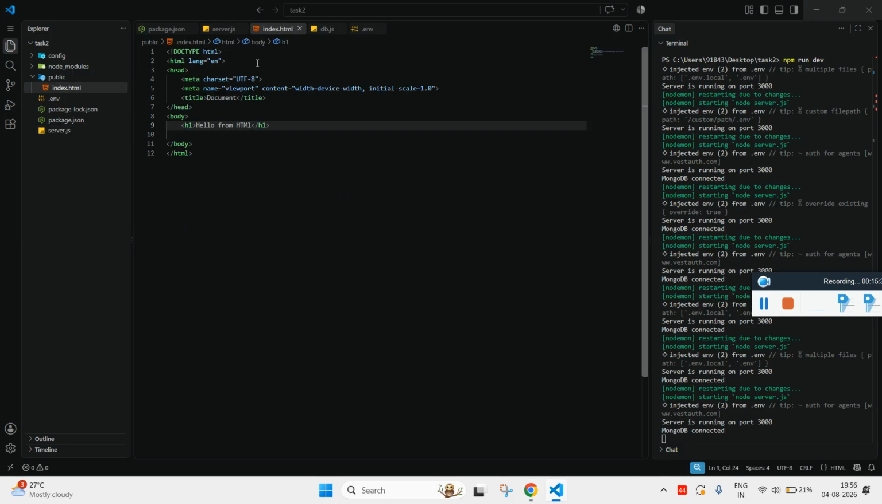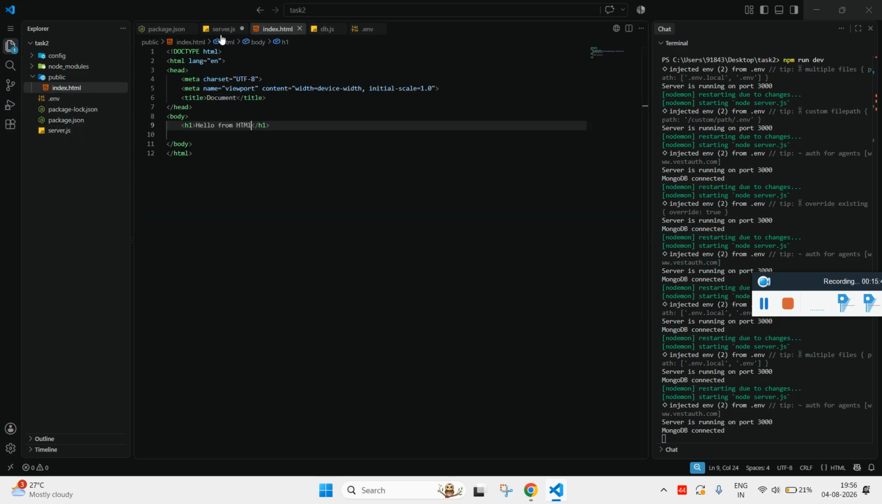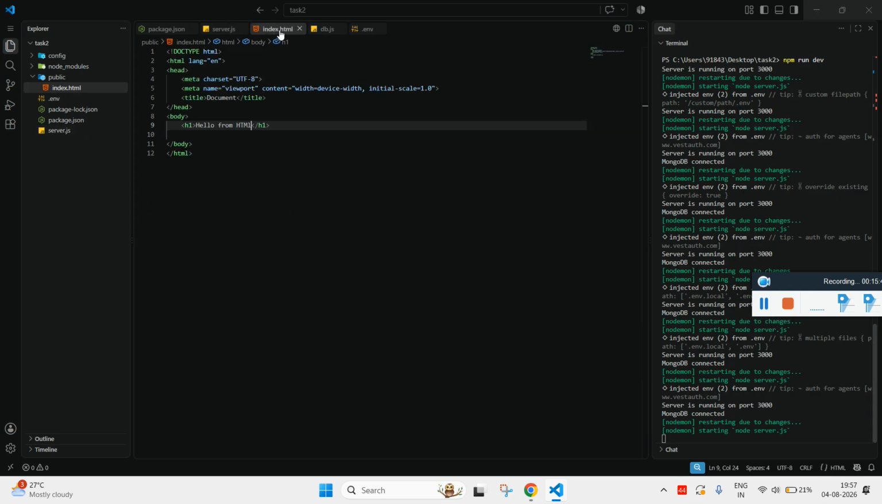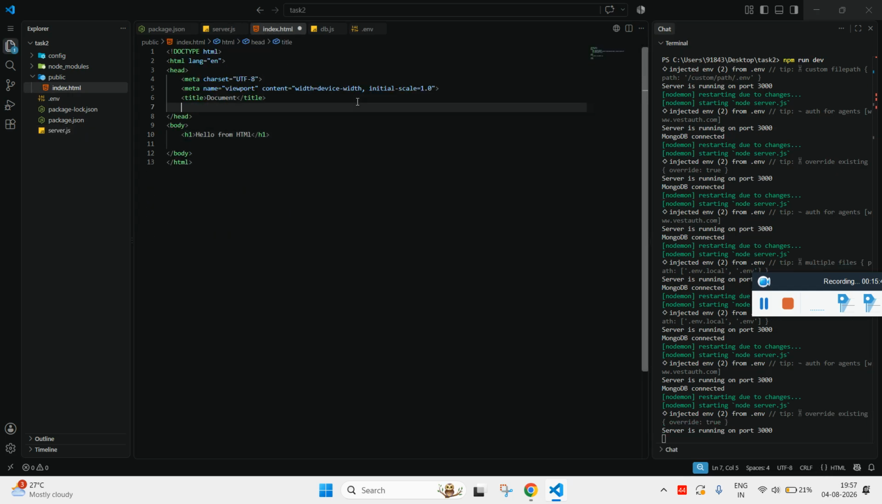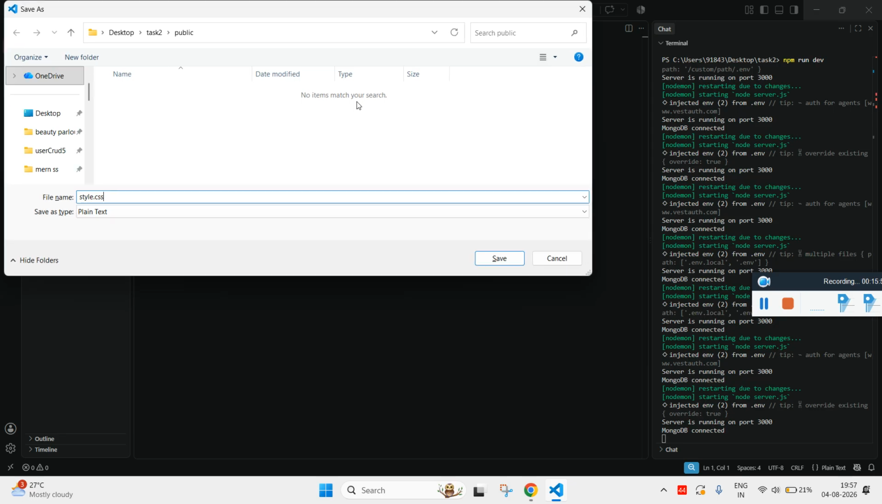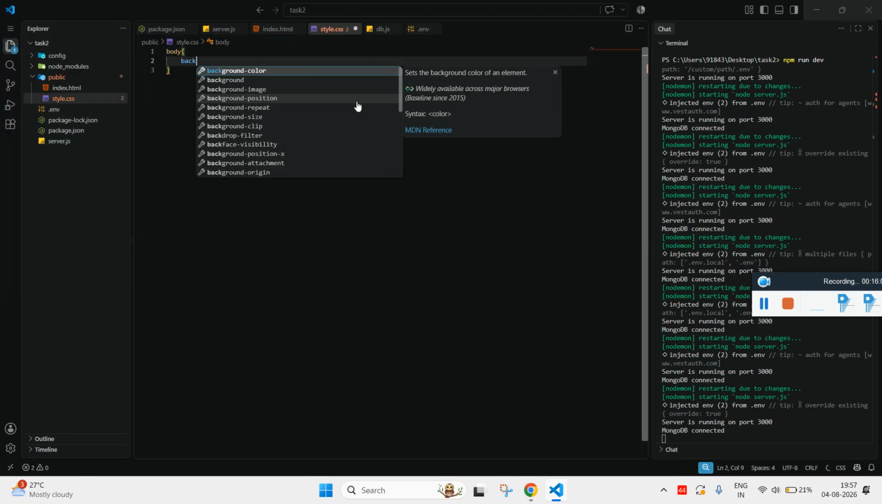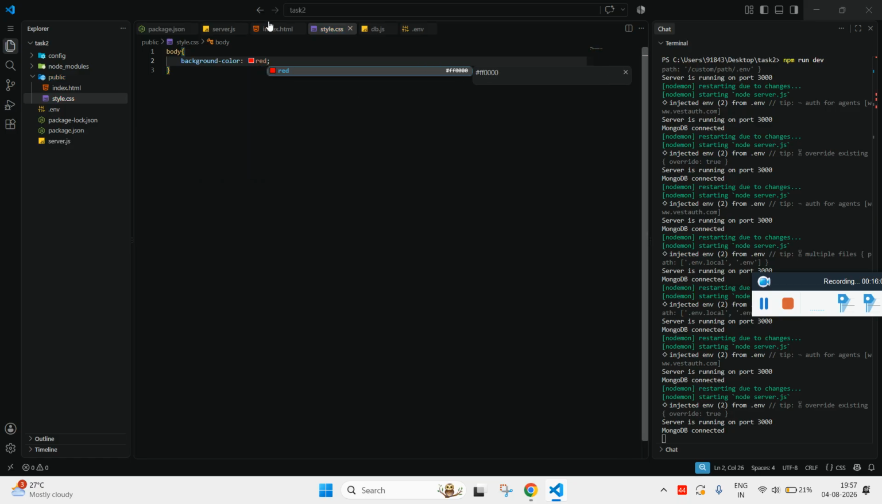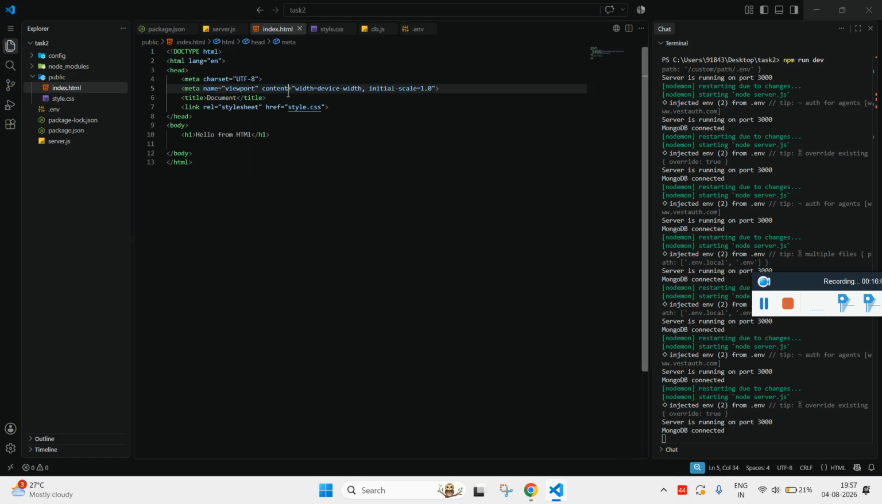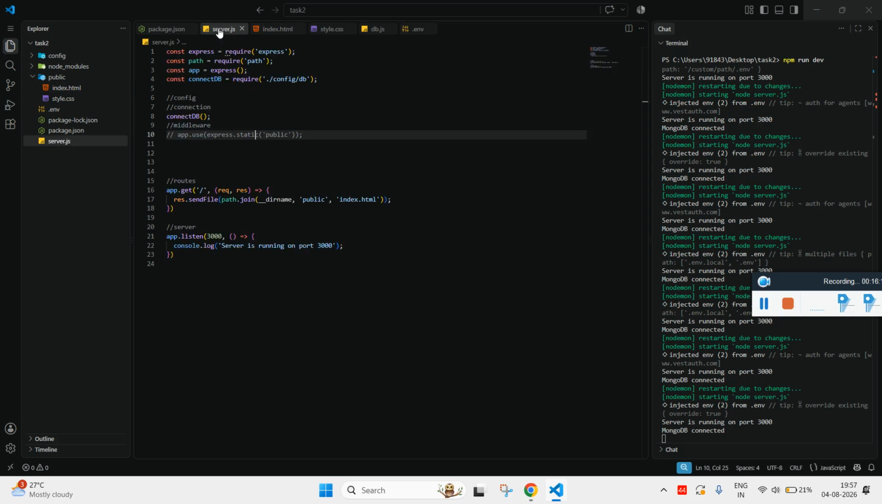Now this isn't enough. If I comment this for now, and I'll explain, if I link some CSS to this HTML, it won't work. So let me link CSS. Control N, Control S, style.css, and body background as red. Now if I refresh it, this CSS won't get attached,